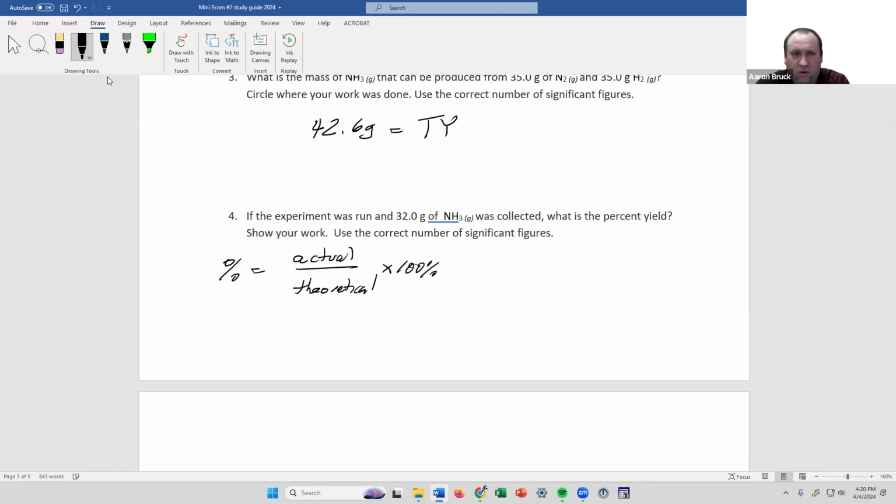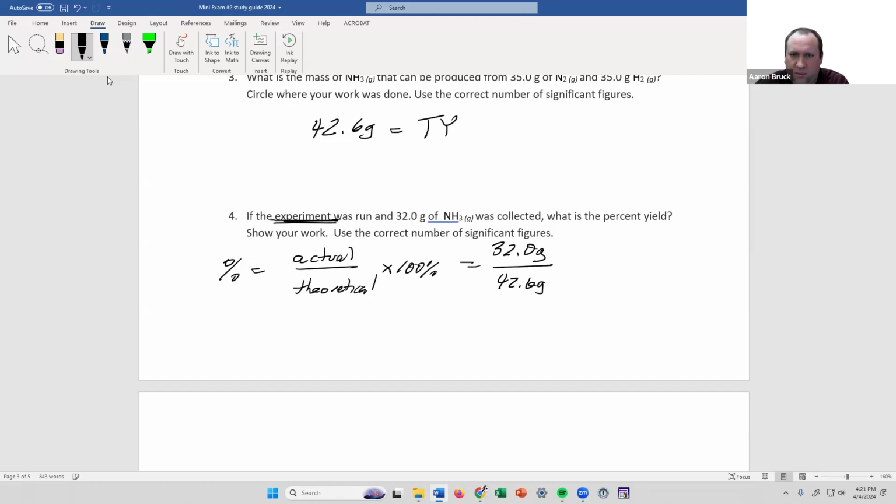The theoretical yield is always the one that we do from calculations. The actual yield is always the one that comes from experiment. So when you see the word experiment and a value attached to it, you should know that that's the actual yield. So 32.0 grams up top,